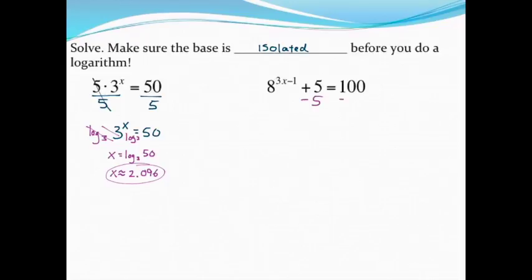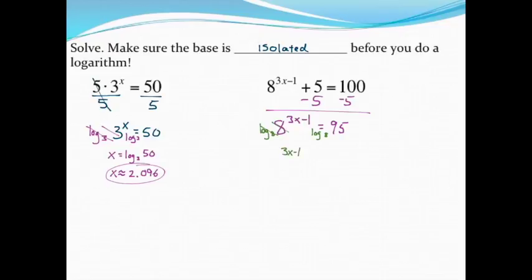So before I do a logarithm, make sure that nothing is on that side except the base. So I get 8 to the 3x minus 1 once I subtract 5 from both sides, equal to 95. Now that the base is isolated, I can go ahead and do a logarithm to get rid of that base. Since it's an 8 I want to get rid of, I'll do the log base 8 of both sides. Log base 8 and 8 are inverse operations, so that leaves behind just the exponent, no longer in the exponent,